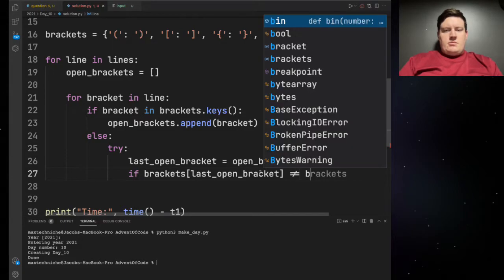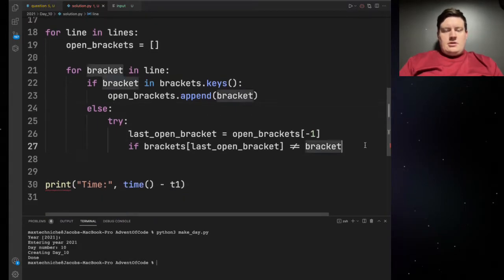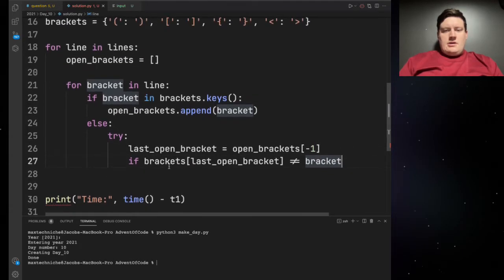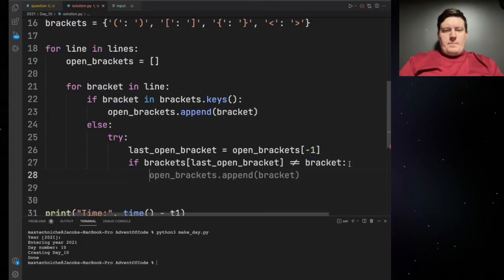It's not equal to brackets, then I need to make sure that the last open bracket,